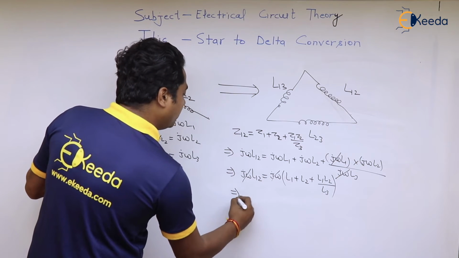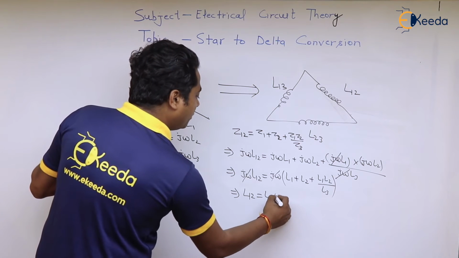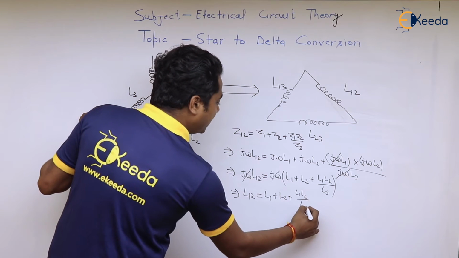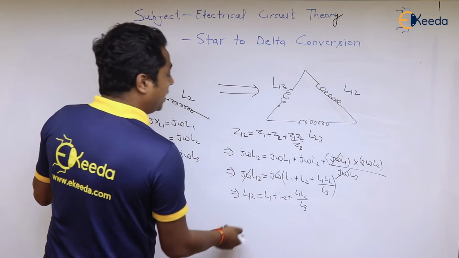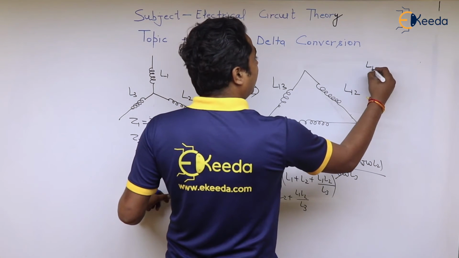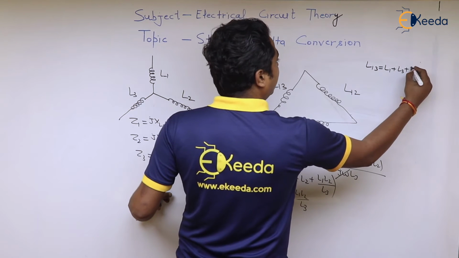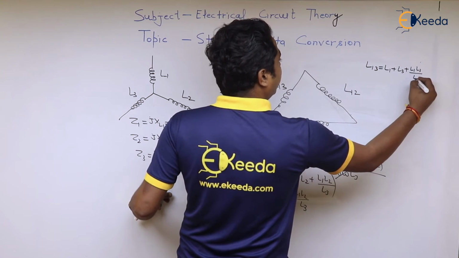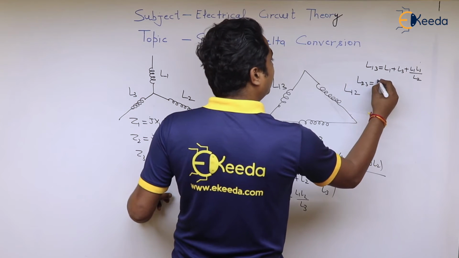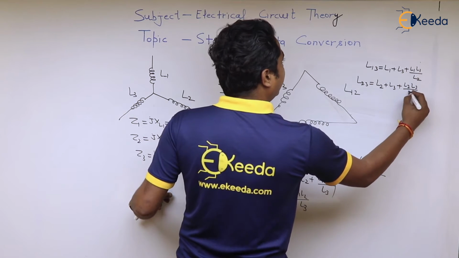Cancelling out the value of J omega, we will be getting L12 is equal to L1 plus L2 plus L1 L2 upon L3, like resistor. This is the value of L12. We can write in the same way, L13 will be equal to L1 plus L3 plus L1 L3 upon L2. In the same way, we can write L23 value will be equal to L2 plus L3 plus L2 L3 by